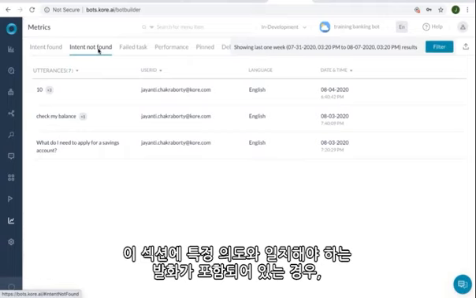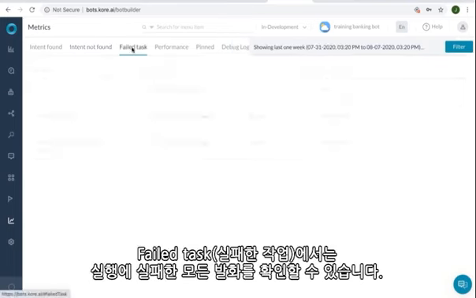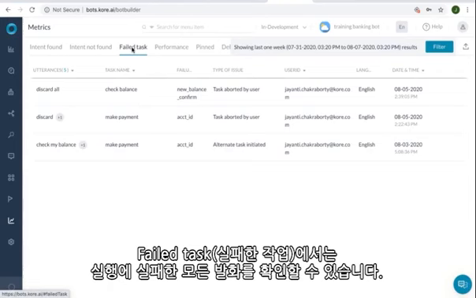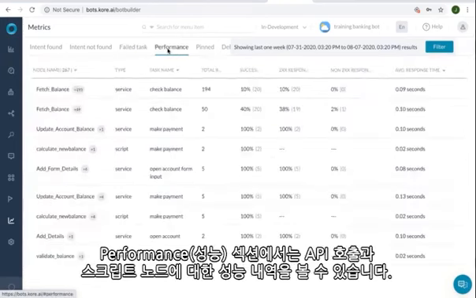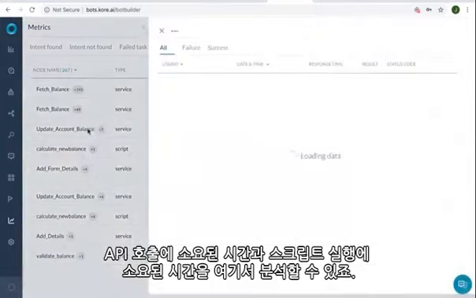Under this, if the developers find any of the correct utterances should be matched to a particular intent, then they can trigger the training of the NLP engine directly from here using this Train option. Failed Task shows all the utterances whose execution failed. The Performance section shows the performance details of the API calls and the script nodes. The time taken for an API call or the time taken to execute a script can be analyzed in this